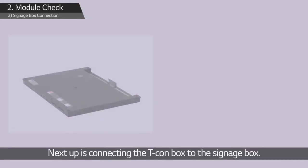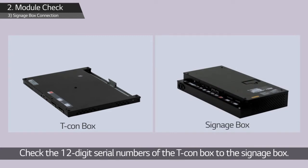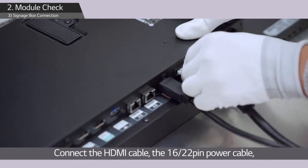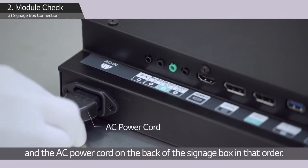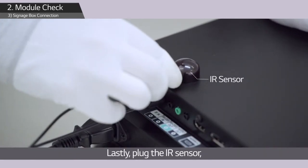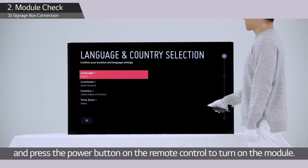Next up is connecting the T-Con box to the signage box. Check the 12-digit serial numbers of the T-Con box and the signage box. Connect the HDMI cable, the 16-22-pin power cable, and the AC power cord on the back of the signage box in that order. Lastly, plug in the IR sensor and press the power button on the remote control to turn on